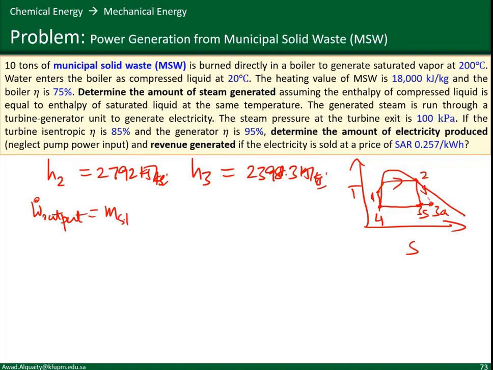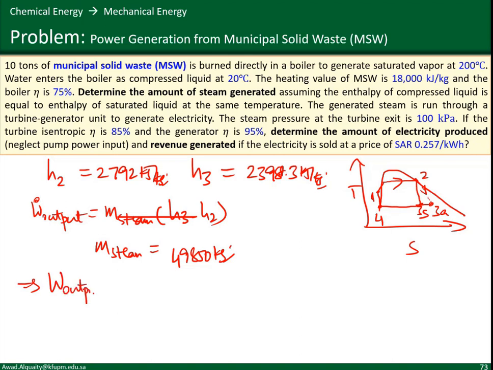So this is mass of the steam times S3 minus S2. Mass of the steam we calculated by using the information given for the boiler, and it came out to be 49,850 kilograms. Okay, which means that when we calculate the work output, it's 49,850 times 2792 minus 2398.3. Okay, so this is the work output from the turbine,